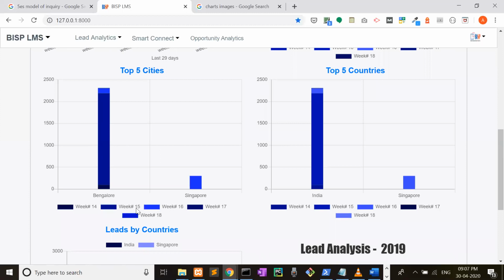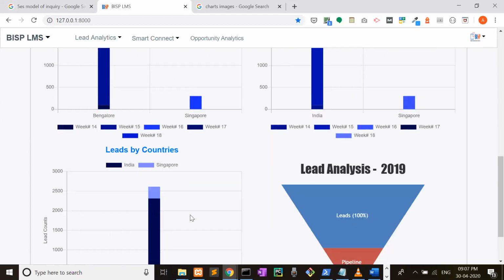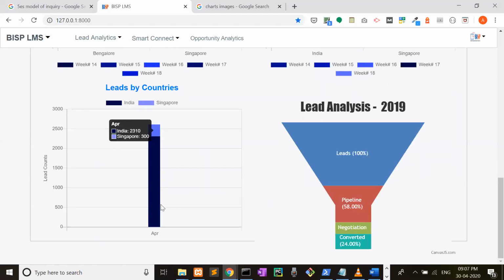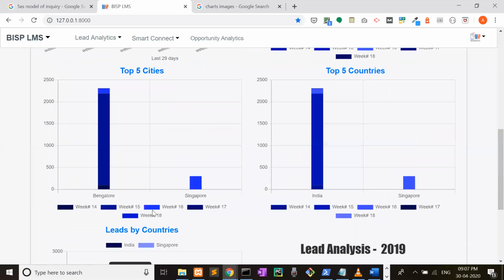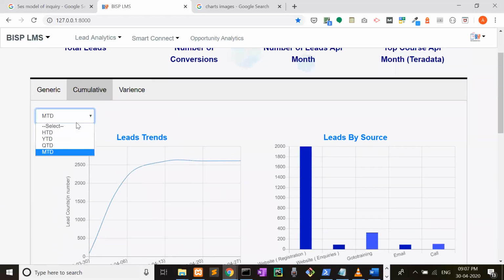Here it is showing week wise data like this. These color shades are dedicated to each week. Here also only April month data is showing currently. So this is all about QTD to MTD.